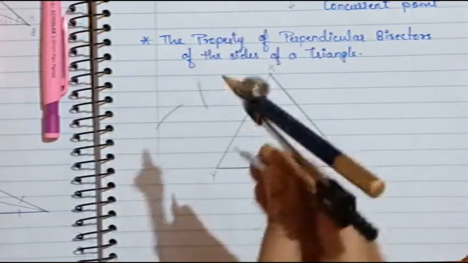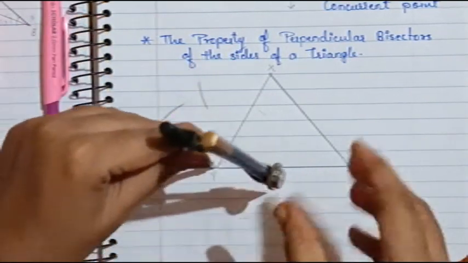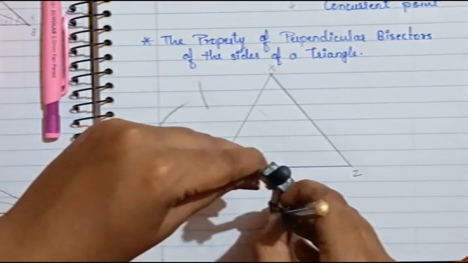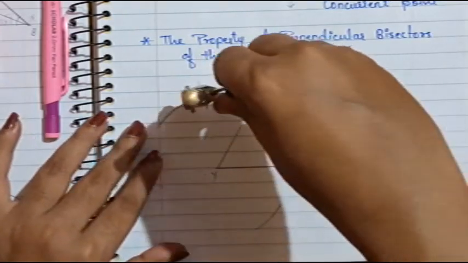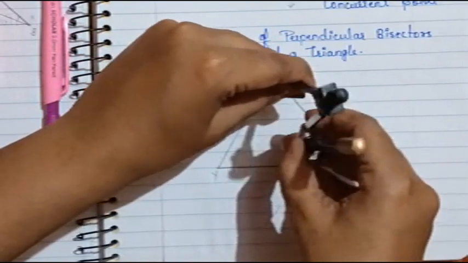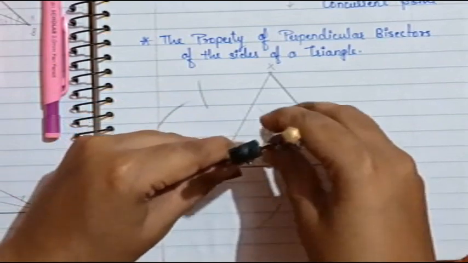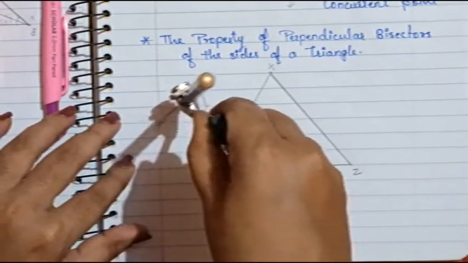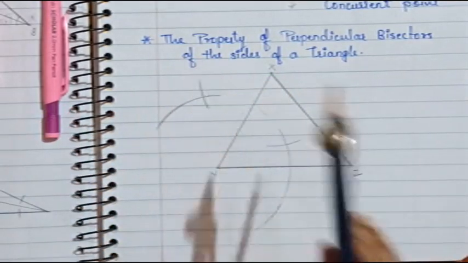That I have made on the upper side. So from point Y, one up and one here. Okay, and from X you will make one over here and the other one over here. Now here it is very far, so what you will do, you will enlarge it. See, I have enlarged it, and similarly here also you will join it. Clear? So here you all got two arcs.